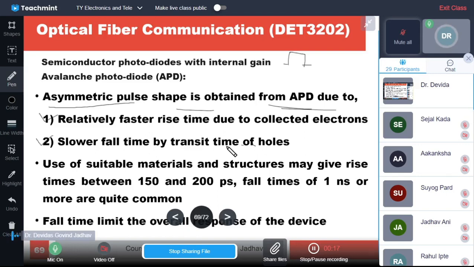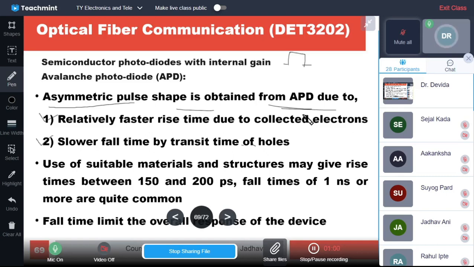The fall time is slower. Why is the fall time slower? One is the rise time of the device, of this rectangular pulse. Second is the fall time. At the end of the rectangular pulse, there is a fall time, from higher to lower. That is slower because the electrons are generated, and holes are generated also, and as we know, electrons have a high velocity property. They acquire very high velocity as compared to hole velocity in the same material. In the same material, under the same biasing condition, the electrons acquire higher velocity as compared to holes.